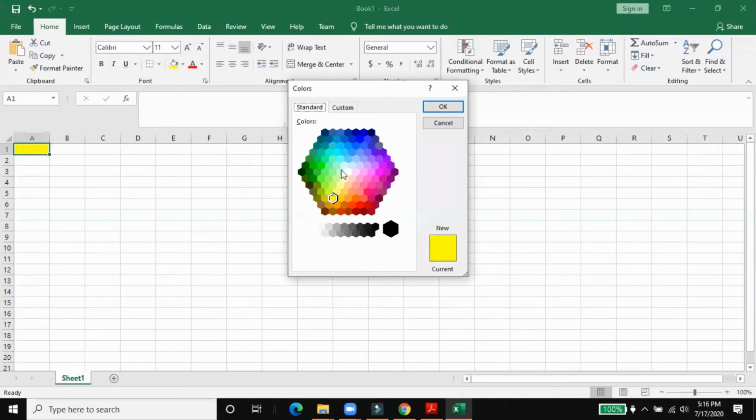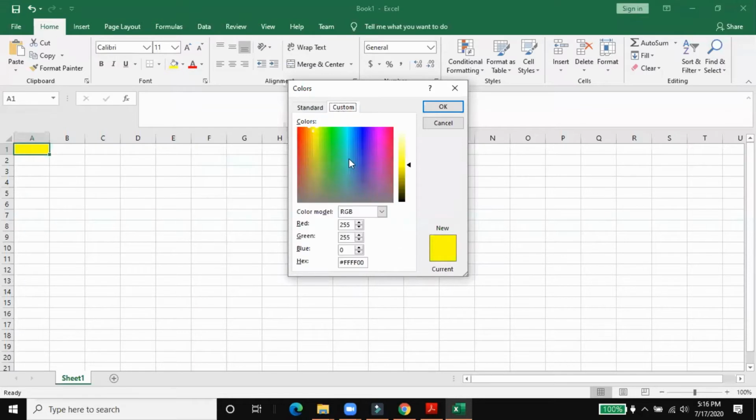And then in Custom you can select your own choice of color. If you want a mix of different colors, you can select it from there. Custom is your choice. You can make different shades of color easily.